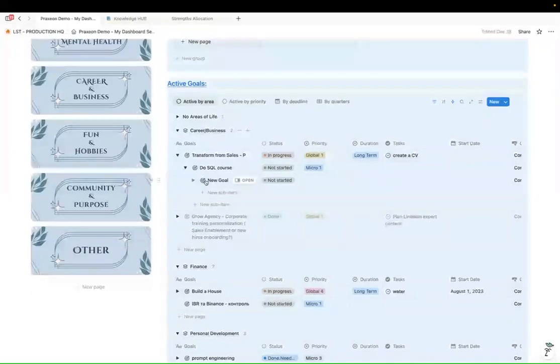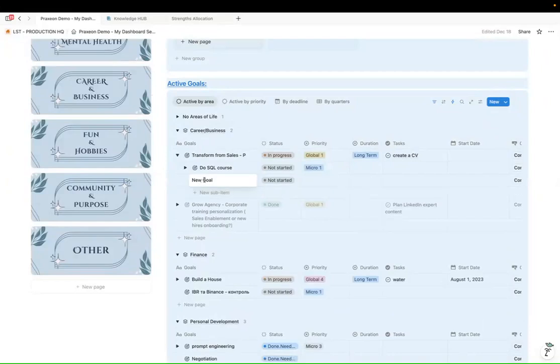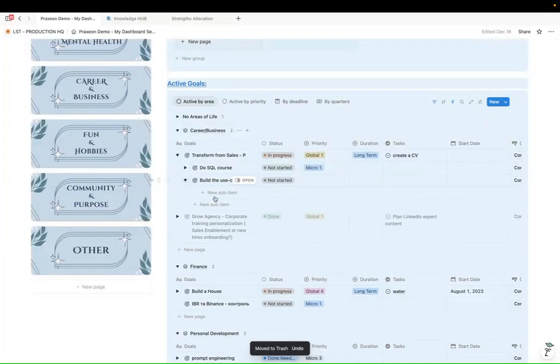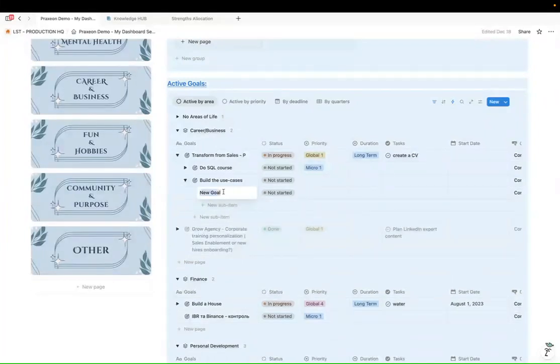This does not belong to Praxeon itself as the framework, but for ease of use, you could always subgroup your actual projects into smaller steps. As an example, you add a project for your big goal, transform from sales to PM, and you want to say that you have to build the use cases. This is your sub-goal, but now you have even smaller actual steps you need to put for this specific project. That's when you click on the toggle bar and you add a new sub-item. Let's say you want to build a lovable app as one of the steps of your